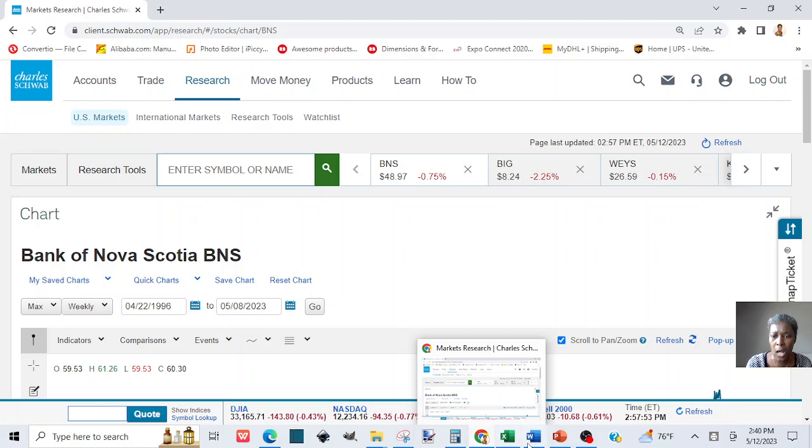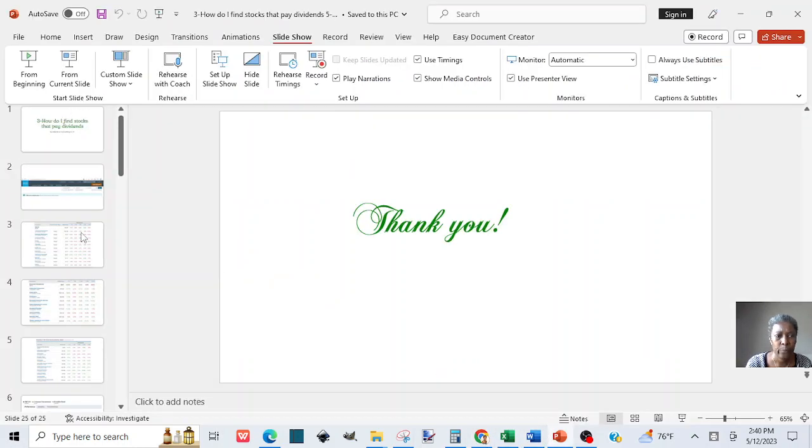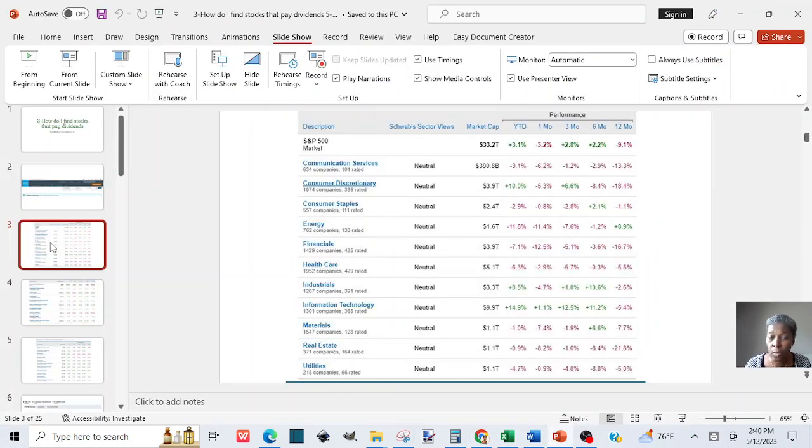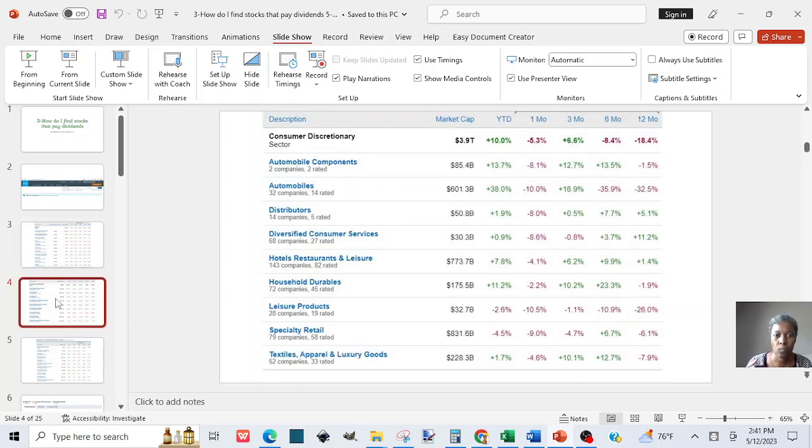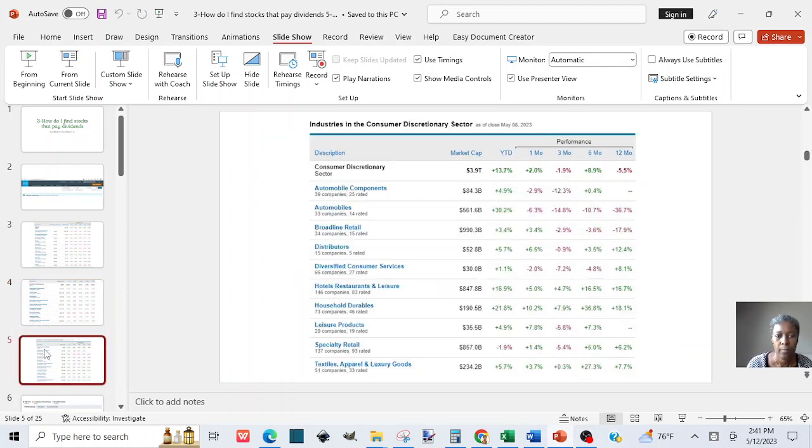If you do not know how to access the sector and the industries with that brokerage firm, you can search them. And when you watch our videos and you're interested in specific companies, you can just take note of those symbols and search them with your brokerage firm to find them, analyze them, and if they meet the criteria, you invest